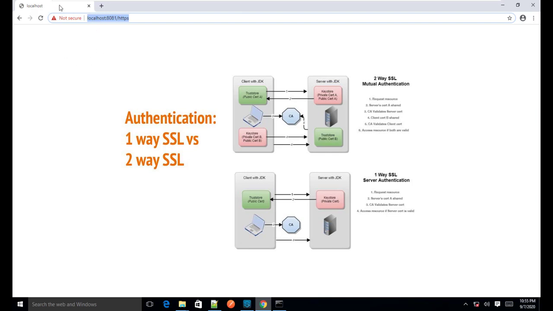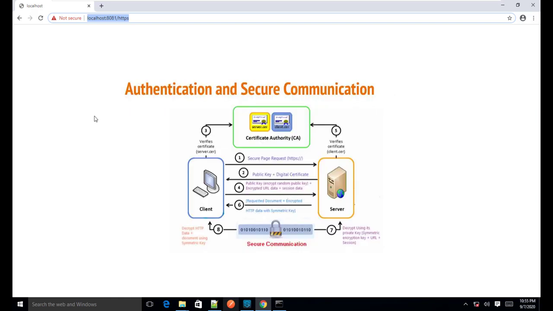Also, as we have not configured any certificate in the browser, it is not sending any certificate for this particular request. So we will use Postman to configure the certificate at the client side, so that during the SSL handshake, during the secure communication initiation process, it can also present the certificate to the server so that the server can authenticate it.